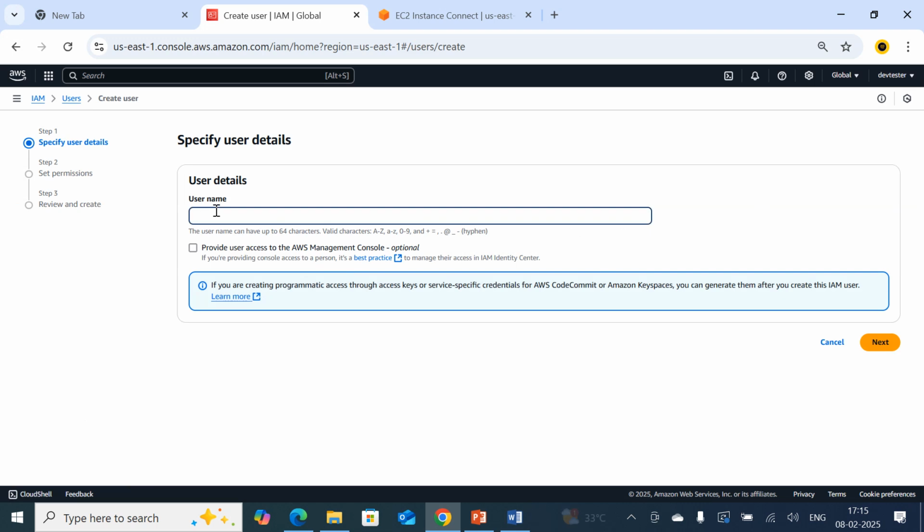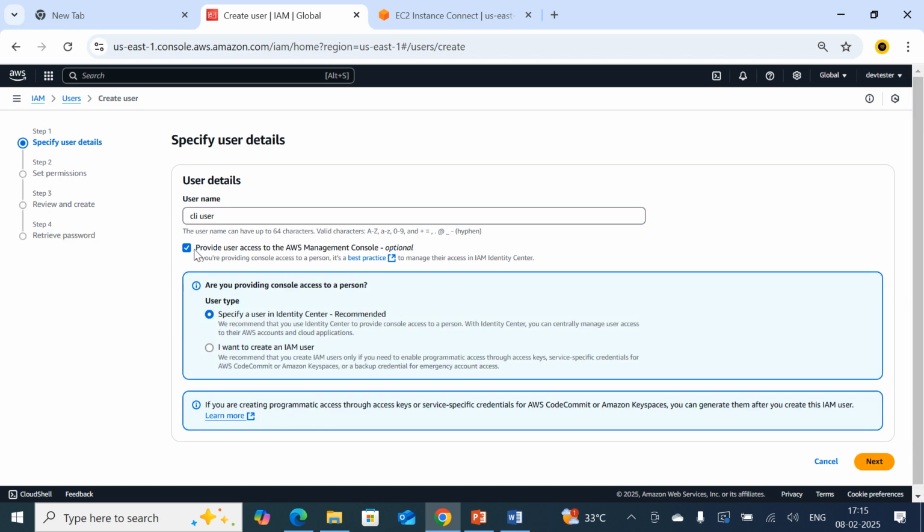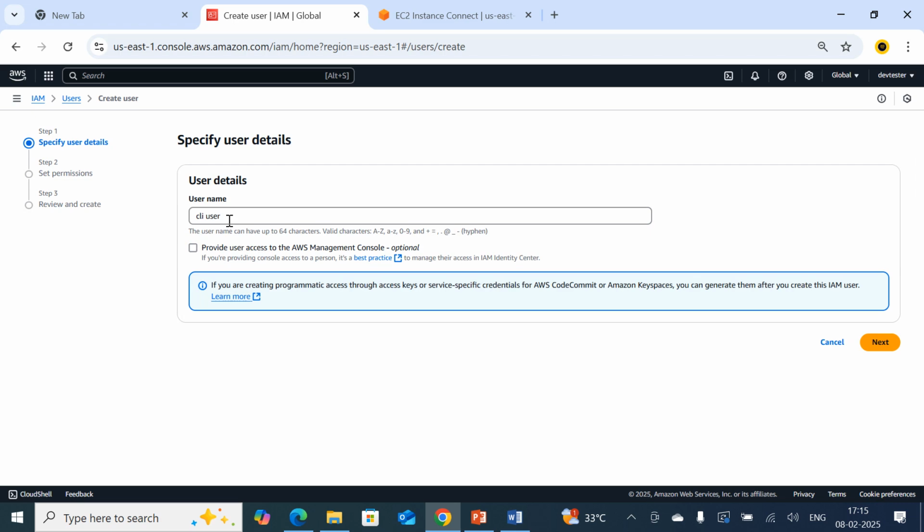The name of the user is CLI user. If you want to provide the CLI user access to log on to the AWS console as well, you just click here. Otherwise you can exclude it, it is optional. If you click here, it is going to provide this user, like CLI user, access to log on via the AWS console, which means